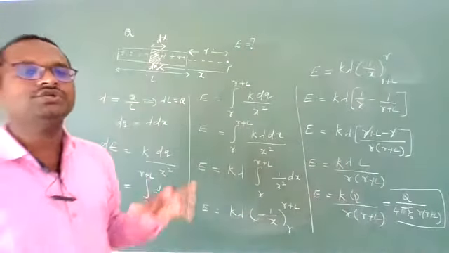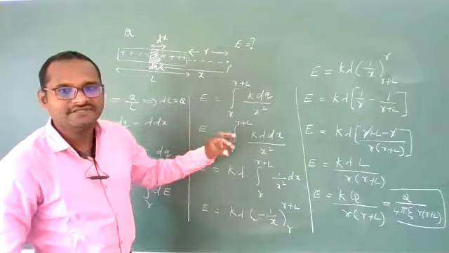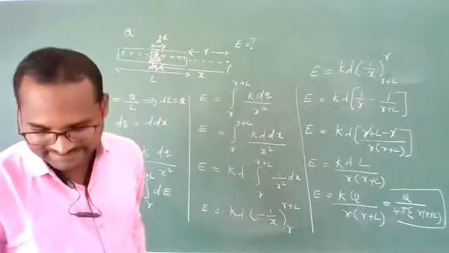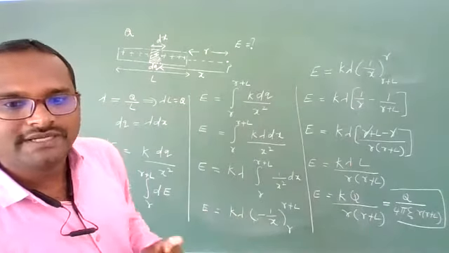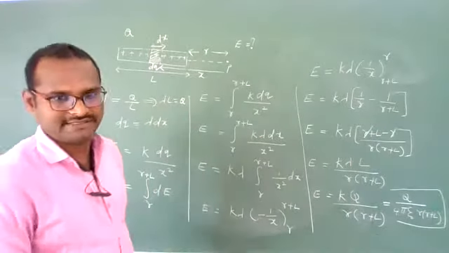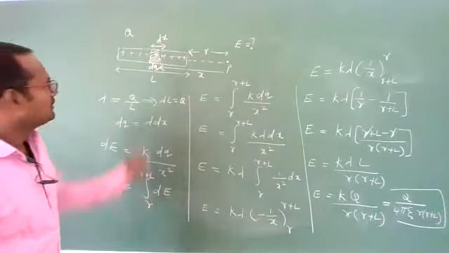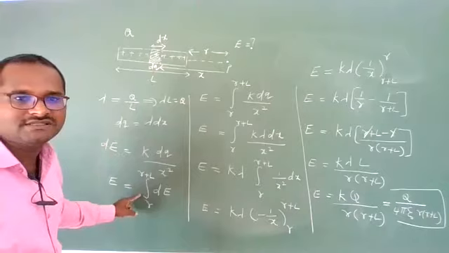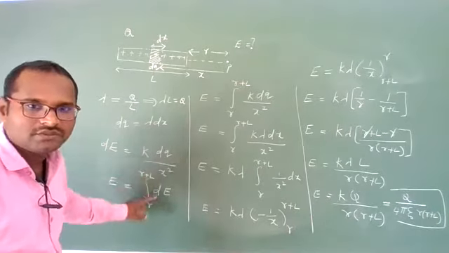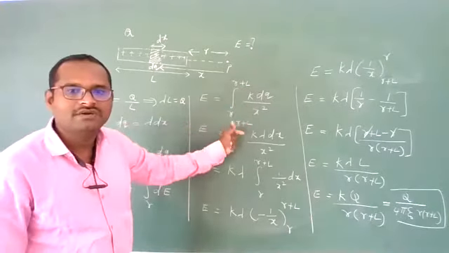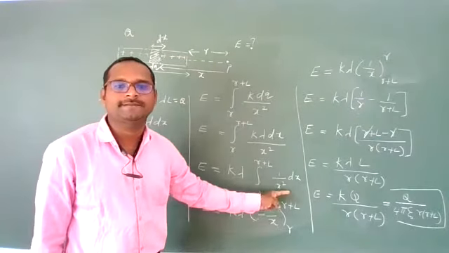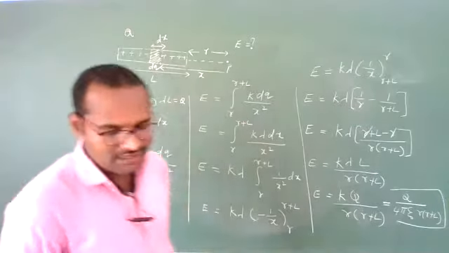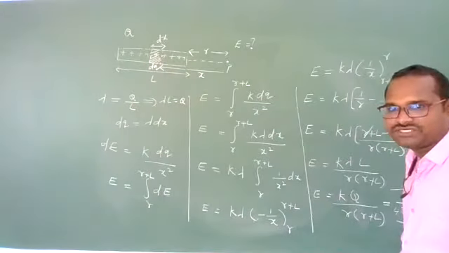See, you should get all these things within seconds. This will be possible if we have practice. If you have good practice, then you can do this within seconds. So what you need to do? Just by seeing this format, you need to take dE and you need to take the limits. Once you get this, now everything is mathematics. Within seconds you should get it. Clear? Okay.